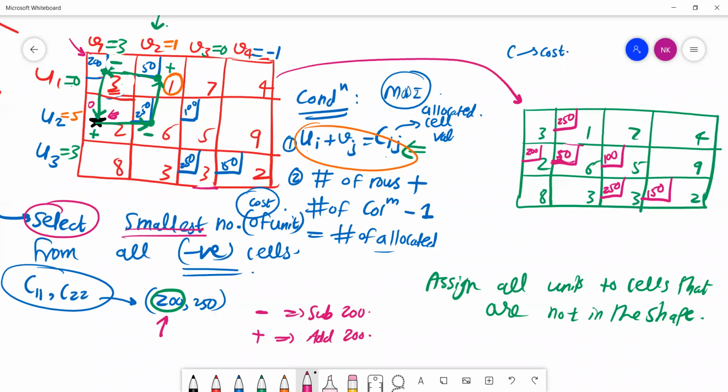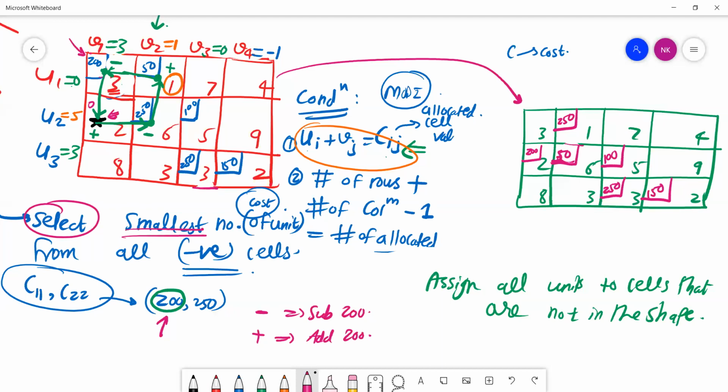So with reference to the even number of corners, you are adjusting the number of times the plus will be there and the number of times the minus will be there. It is an even number of corners because you are having alternate positive and negative. So the number of times positive will be there, the same number of times negative will be there. Ultimately, as correctly pointed out, 1 is having the lower cost, so we have assigned more units to this lower cost. 6 is the higher cost, so we have reduced the number of units allocated to 6.